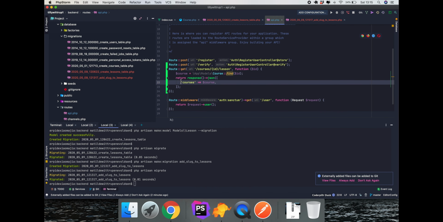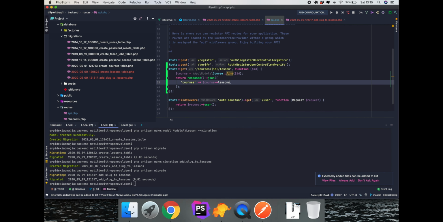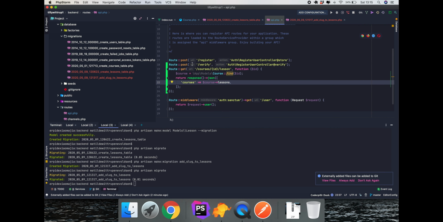And then we could go in and put in the lesson as well, just to see now. Like this. And then we can look at how we actually want to structure this later on. But for now, we're just going to